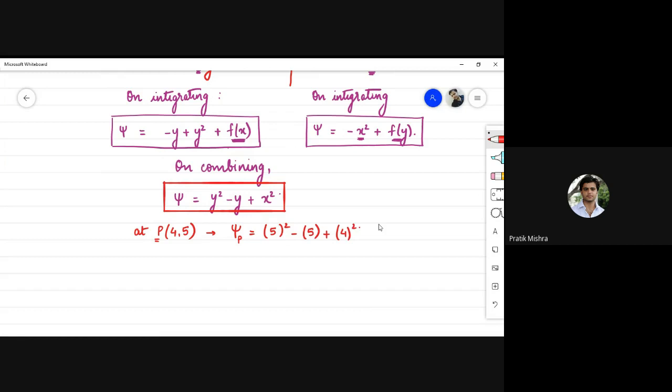तो यहां से आपको जो ψ_P मिले, सॉरी ये माइनस है, दिस इज माइनस, यहाँ पे भी माइनस हो जाएगा। तो योर ψ_P कम्स आउट टू बी 25 minus 5 minus 16। So this ψ_P comes out to be 4 units।